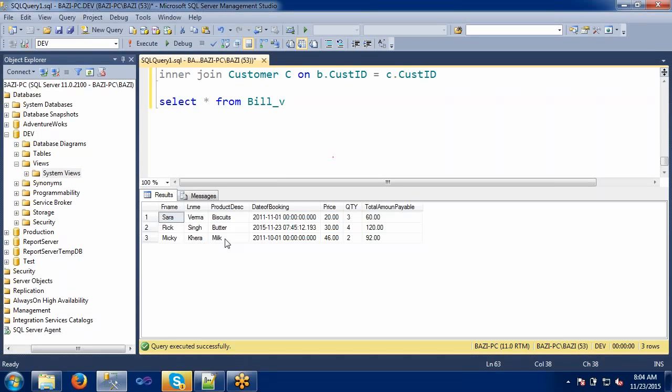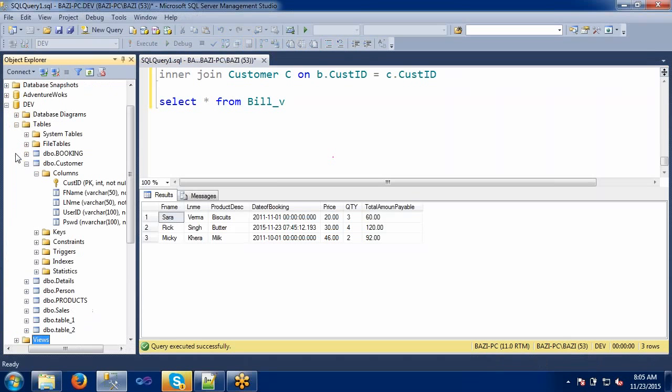Coming to the normal table, the views are very fast actually. Why? Because it is virtually created in the database. It doesn't contain any data. If you look at the table icons, a normal table will look like this.